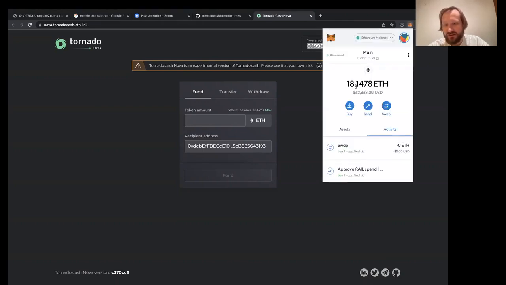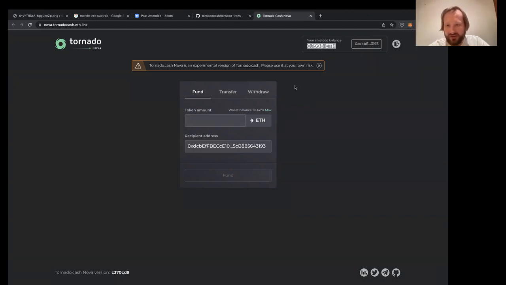Okay, so we can, for example, add some more funds to our address. So let's add 0.2 Ether to our address. So this will generate a transaction that has this as an input so that we don't multiply our unspent inputs. So the less we have, the better. So we don't have fragmentation. It's just for housekeeping.